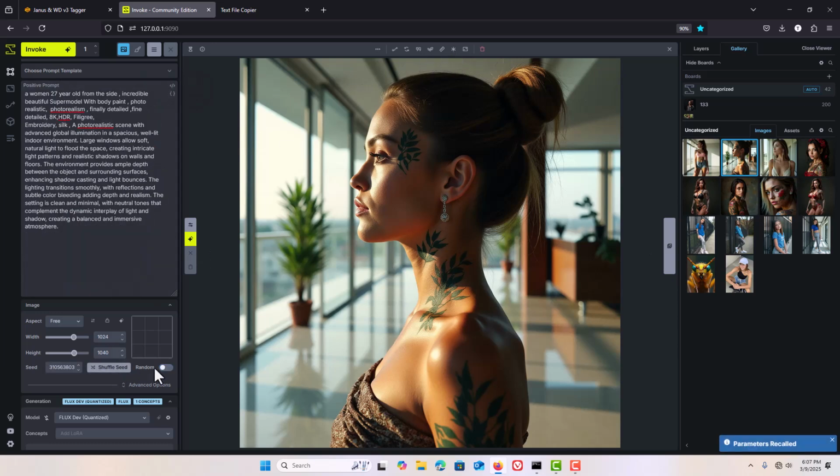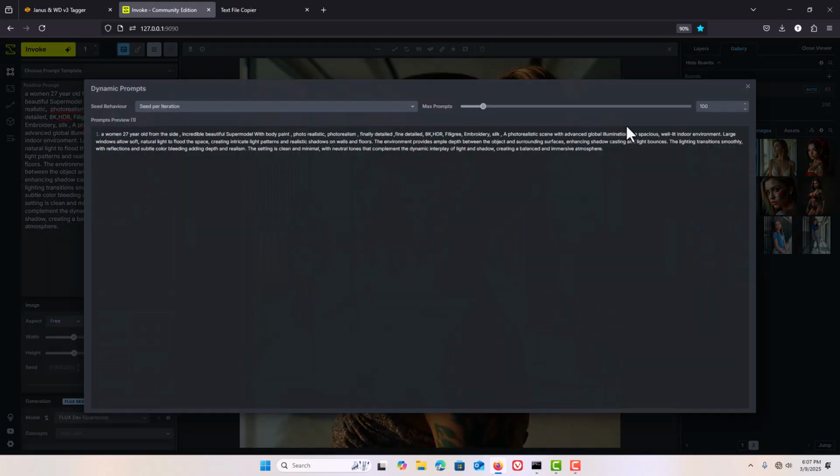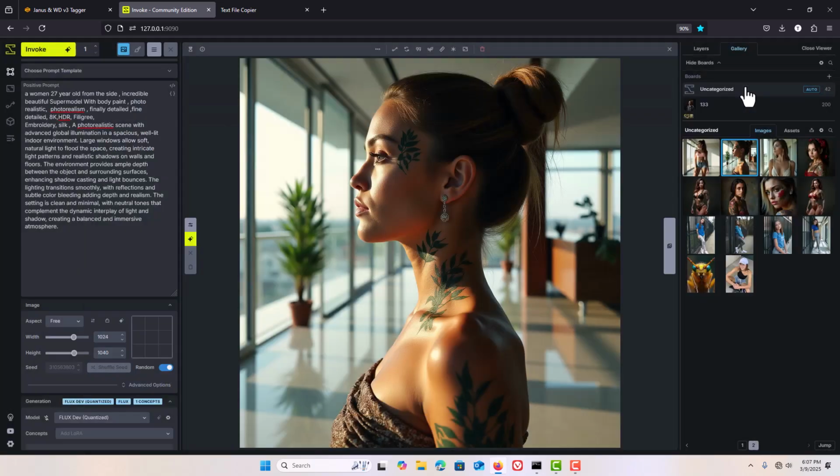Alright, and I'm going to uncheck the seed. We don't want to use the same seed. And now when I do the dynamic prompt, you can see it's only going to do one. I like to do it to number 3, because it takes a while. So let's say I did all these here in dynamic prompt. I would press the invoke right here, and it's going to take a while, and while it's doing it,